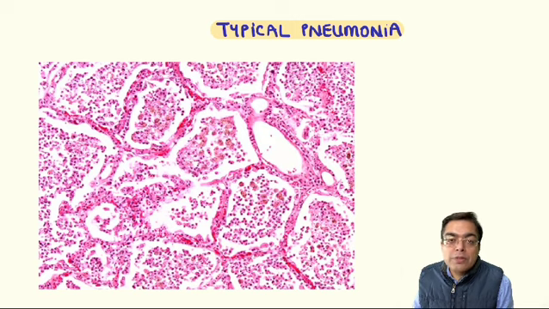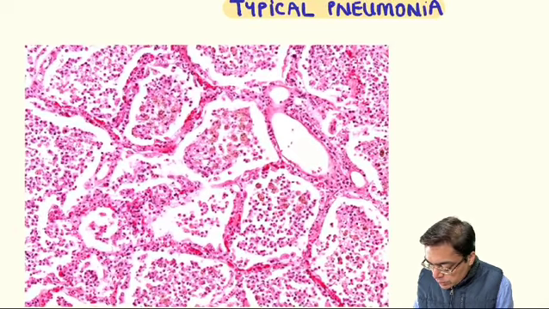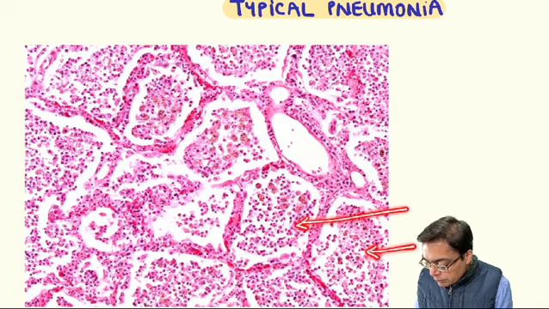On examination, the patient may have, along with the findings of pneumonia, the presence of pleural effusion. Now, when you look at the histological finding of this patient, you would find that the air spaces are filled with lots and lots of polymorphonuclear leukocytes. So you have alveoli which contain exudate, and they are going to have white blood cells.